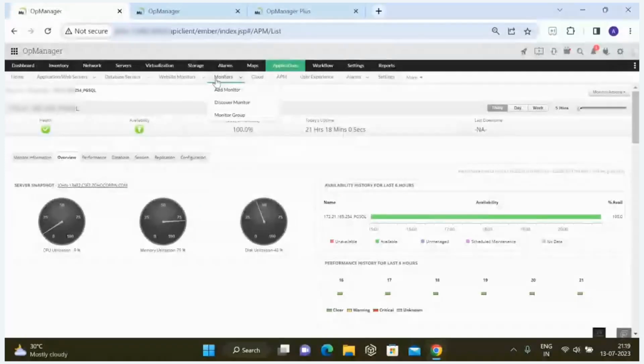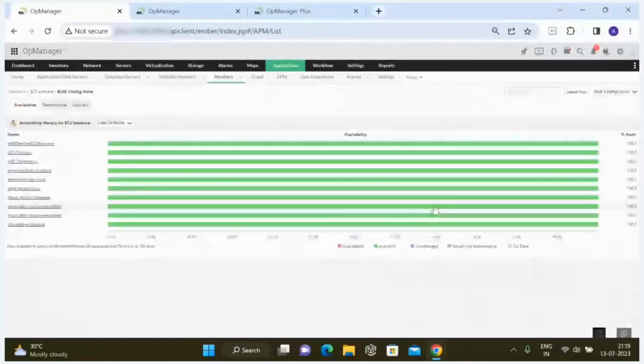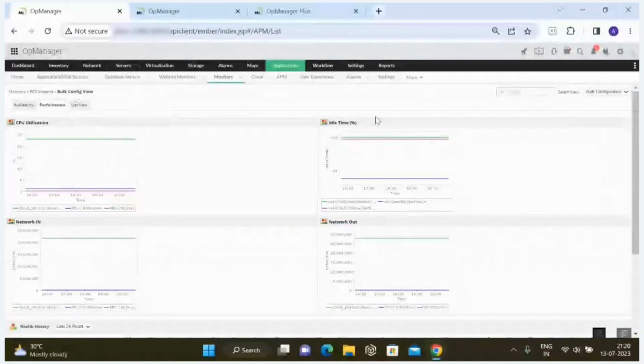Here we have the cloud applications, and here we have EC2. So we have visibility into the instances that exist on AWS cloud and their availability over a period of time. And we also have a brief top-level view of the performance of each of these instances in terms of CPU utilization, idle time, the in and out traffic, etc. And now let me navigate to